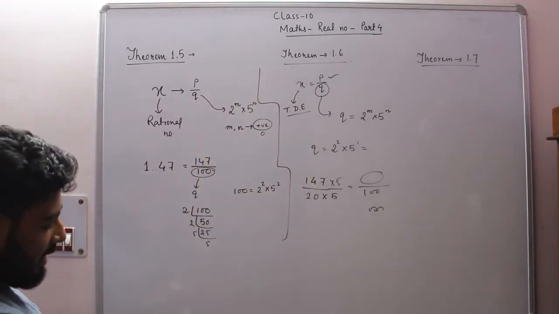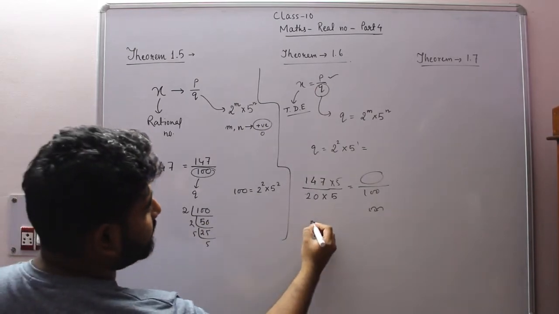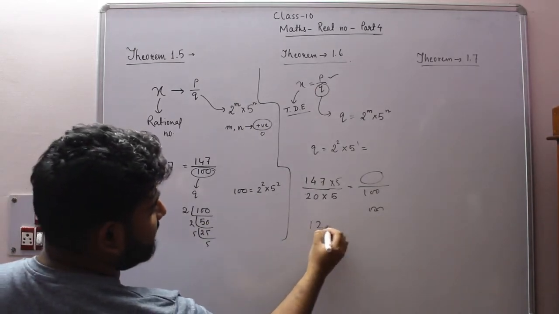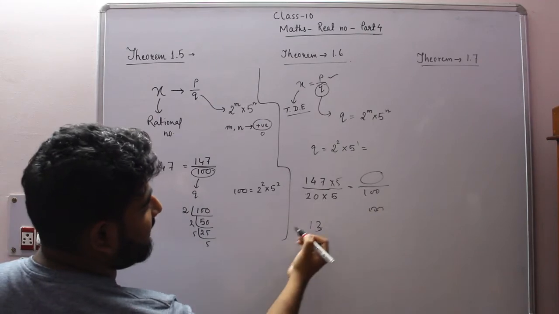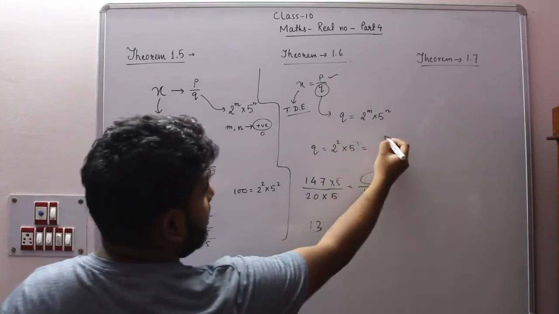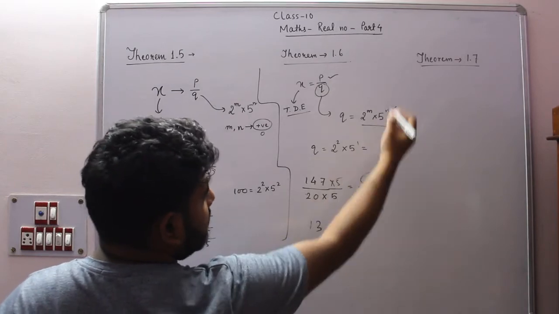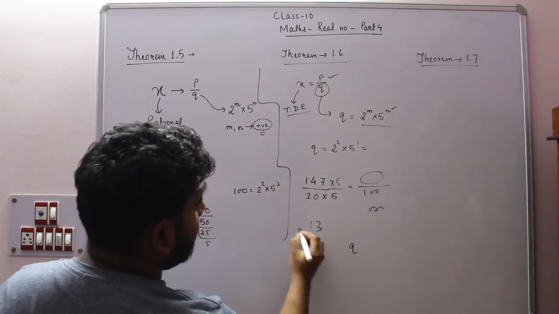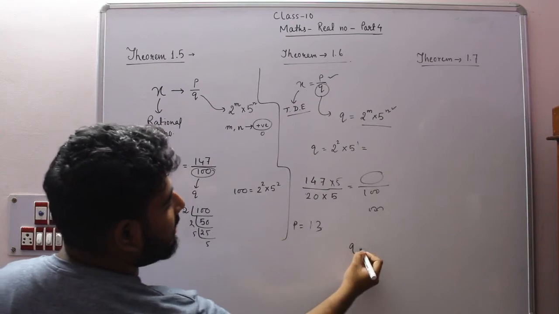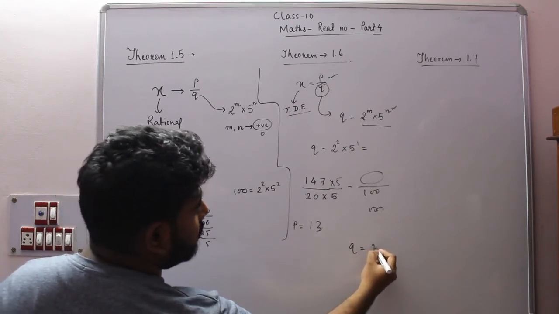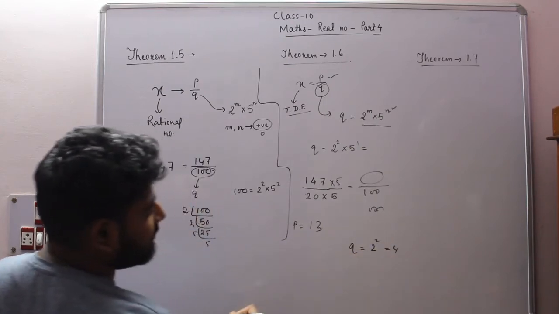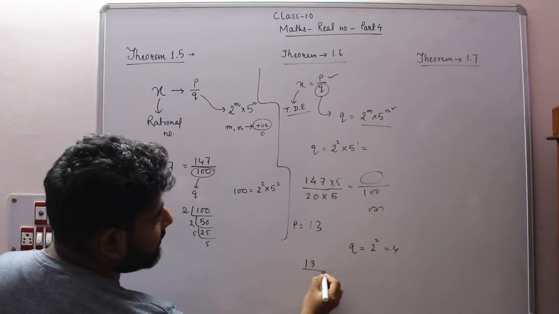Obviously, suppose I take an easy number, say 12 or 13, and only q is, okay, they are non-negative, so let us assume that this is 0. So in this case, let us assume that p is 13 and q is 2 to the power 2. Let us assume it is 4. So when you divide 13 by 4,